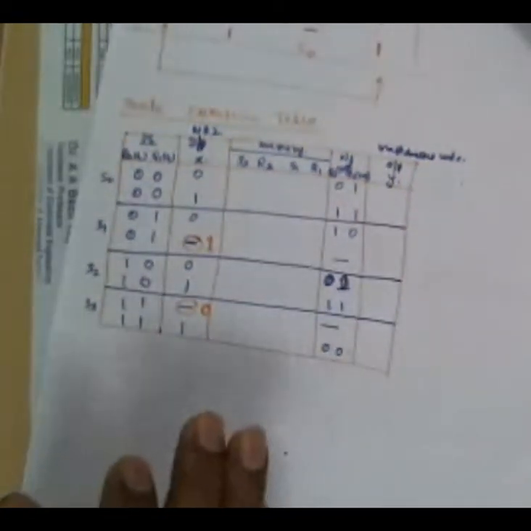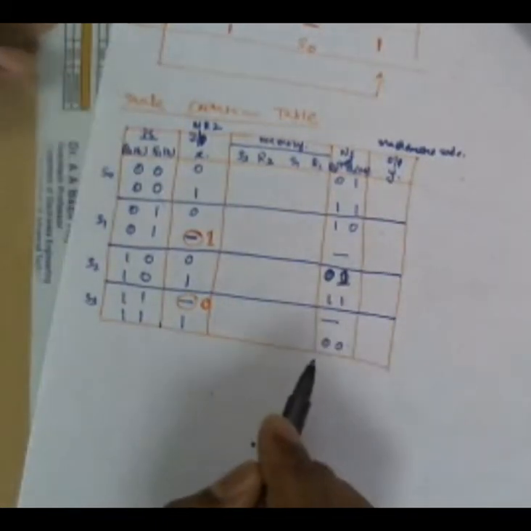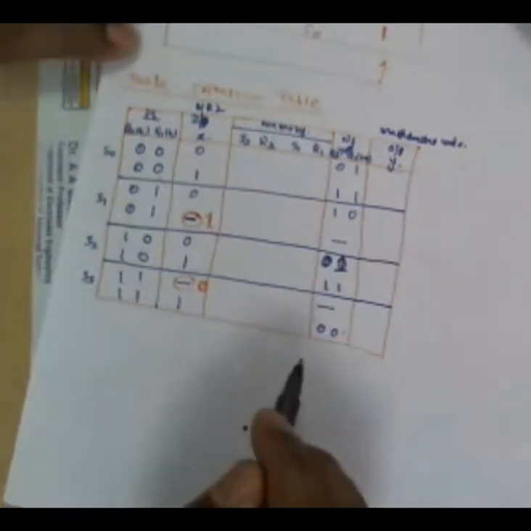Okay, fine. Now we know why we represent the output within the state, because in the Moore model, the output depends only on the state. Therefore, the state should get transferred first. There should be a transition first before changing the output, right? So all those things we have seen. Then we derived the state table, and then we formed the state diagram, state table, and then the state excitation table now, right? So we were planning to implement this circuit using the SR flip-flop.